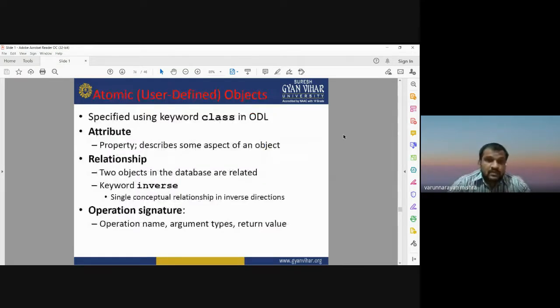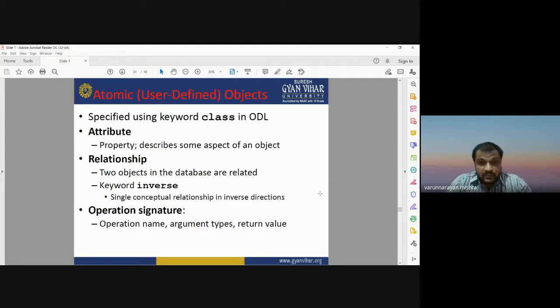Atomic, or user-defined, objects can be specified using the keyword class, and that class is specified on the basis of its attributes, which include the properties describing an aspect of an object, and relationships.